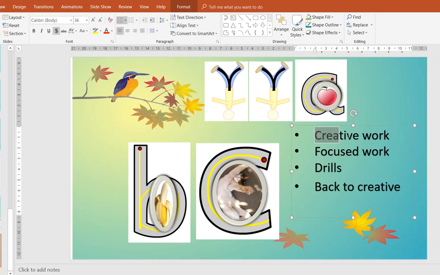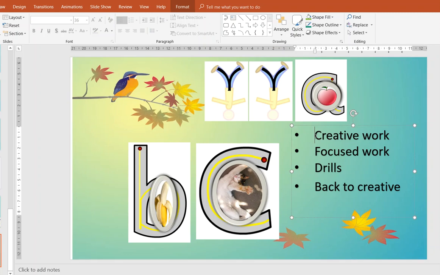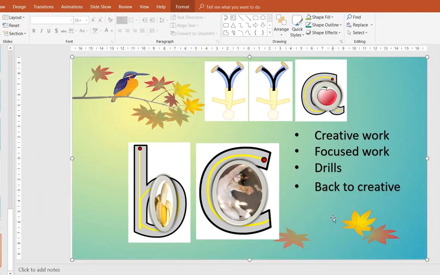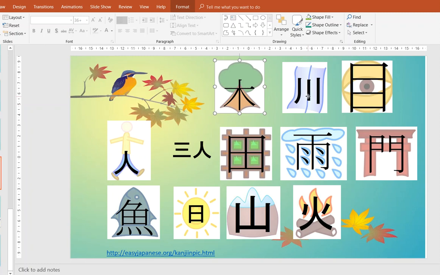So I have a few principles here. If you wanted to memorize them, they're very good principles. So creative work, then focused work, then drills, and back to creative. So creative, inspire children to do something. Then focused work, okay, well, how does it work? So we just sort of learn how things work. So this stands for this, this stands for this, right? So this is whatever focused work we were doing before